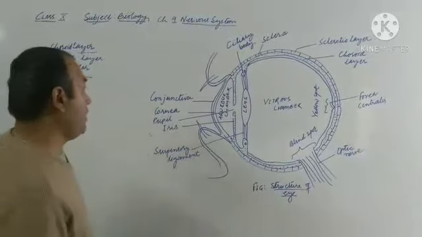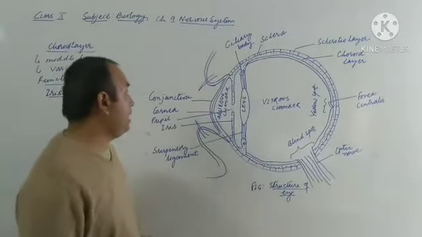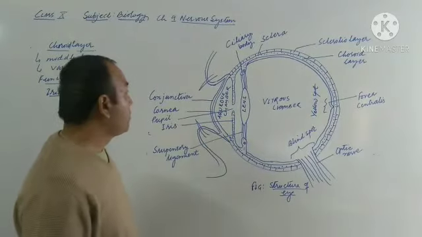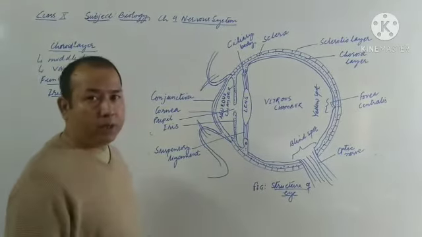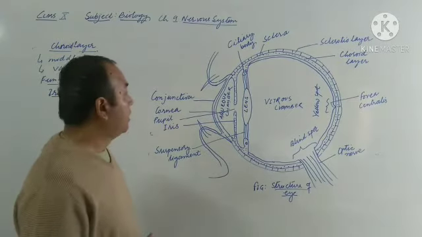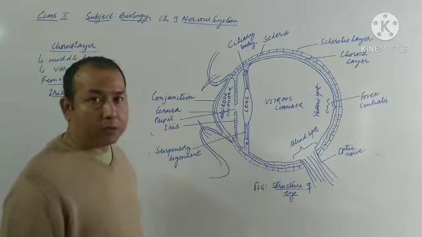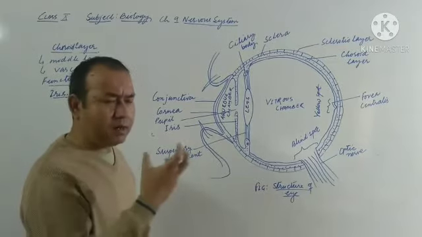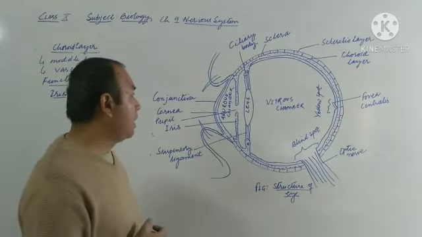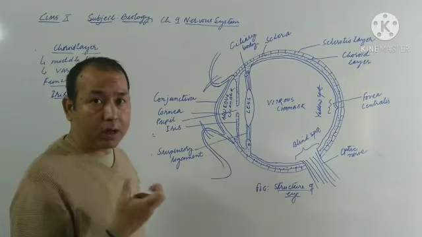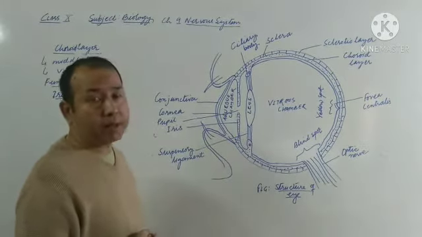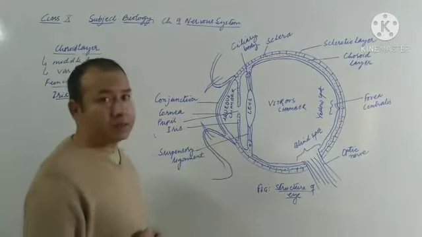Then the next thing regarding this iris is that it is pigmented. It imparts different colors to the eye. Like if you talk about Ashura eye, it has green colored eye. Yes or no? And again, Anglo people usually have blue colored eyes. That color of the eye is mainly because of the pigments present in the iris.